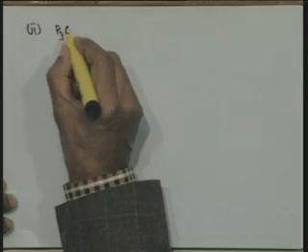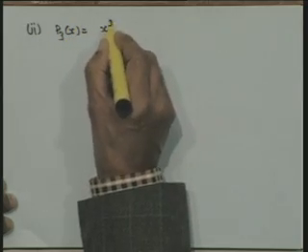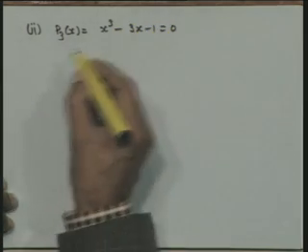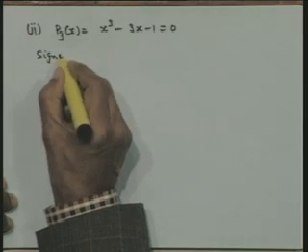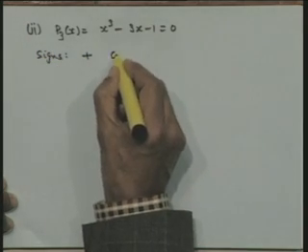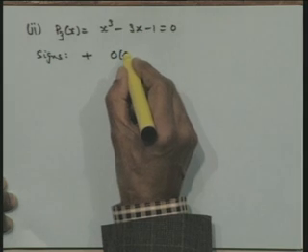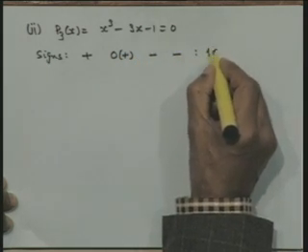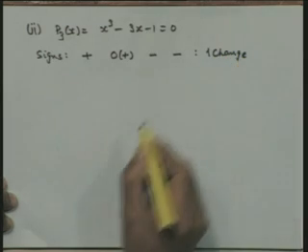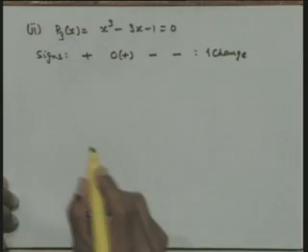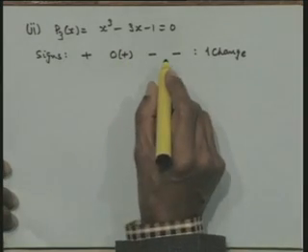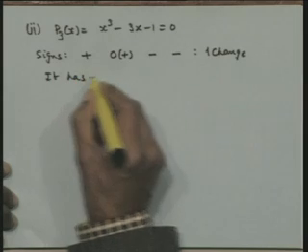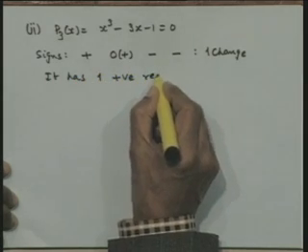So let us take the second equation, p3 of x is x cubed minus 3x minus 1 is 0. So again let us take the signs in this particular one, which we have done earlier. This is a plus sign, a 0, so it continues a plus sign here. I have a negative sign, a negative sign, therefore I have got one change in sign in this. Therefore we are sure that this equation has got one positive real root.